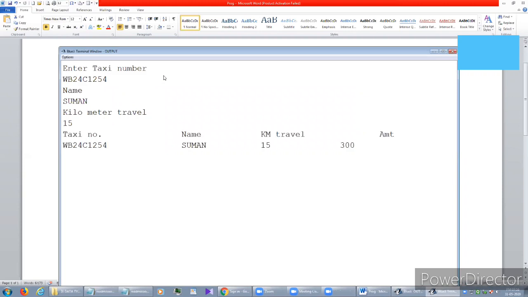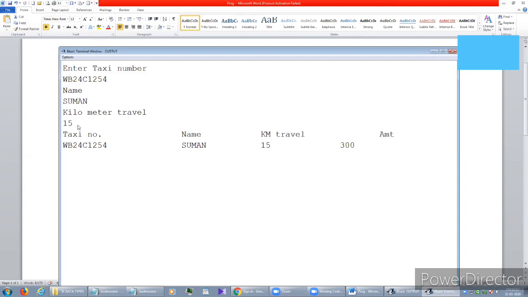So directly you will get this type of format. See, under taxi number is the taxi number, under name is the name, under kilometer travel is the kilometer, and this amount is under the amount. We need to set something for this amount, then we'll get the amount under the amount column.